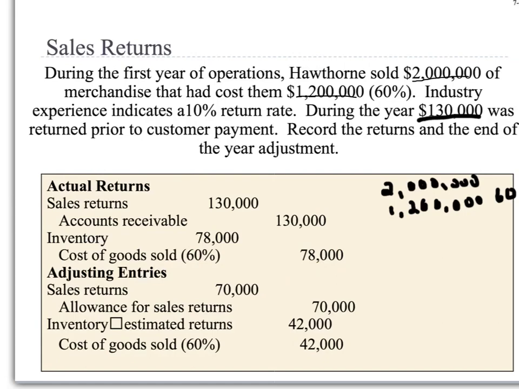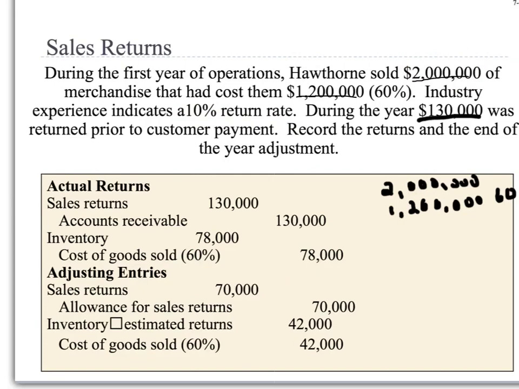Now, you can't forget what the industry usually experiences, is the 10% rate of return. So these actual returns are what happened at the end of the period. However, we still have to consider a 10% rate of return. So we do have an adjusting entry at the end of the period. Where does the adjusting entry come from? Well, if you take the 2 million times 10%,